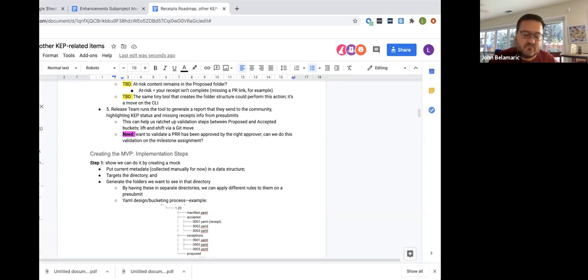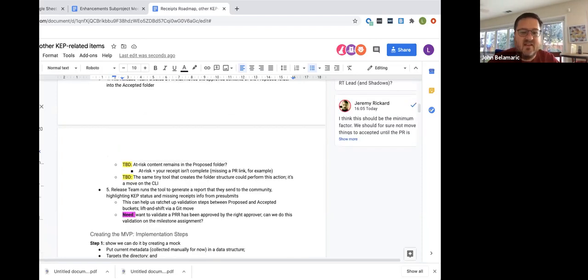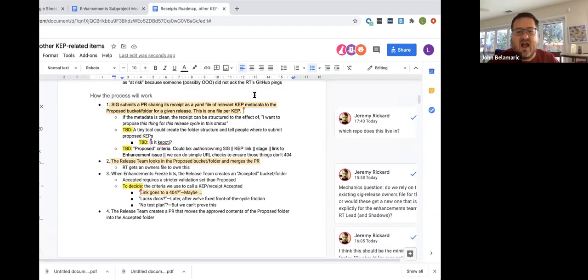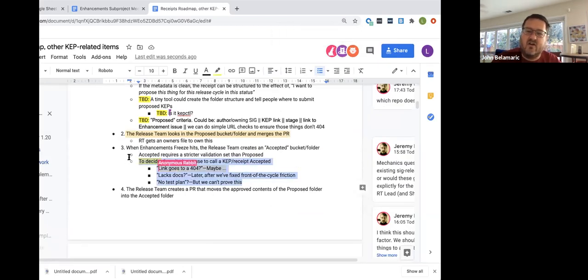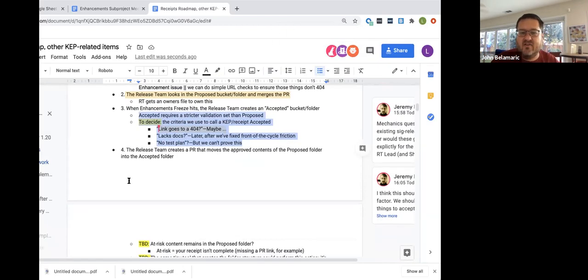The piece that's missing here is that it must be approved by a PRR approver. So if we're going to have multiple criteria going into the decision of when something can go into the release, how do we trigger reviews by those sub-teams?